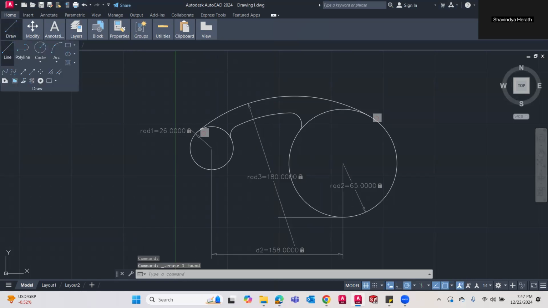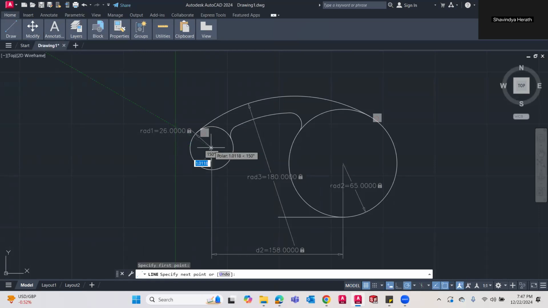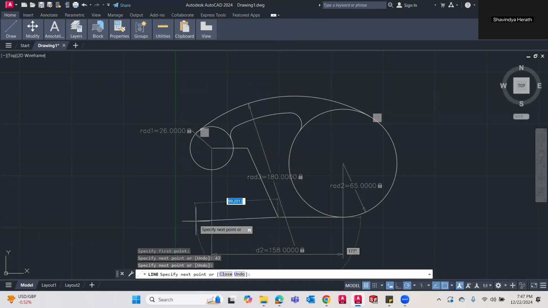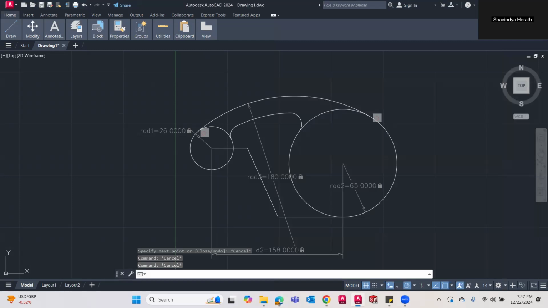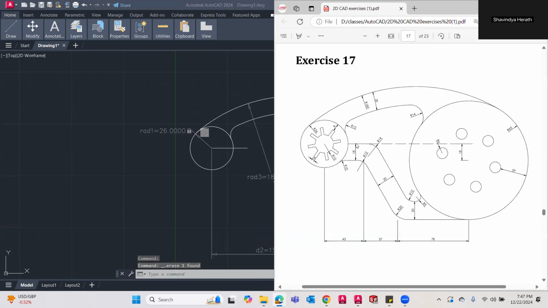Draw a line from the center here, 43. Now that is okay, I think this is good. But no, actually that is not good because this line is not coming here. Therefore, I'm deleting this line. I have drawn this line and this line only. Now I have to draw this 18 gap line.